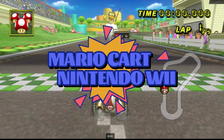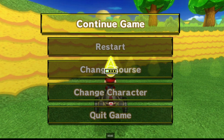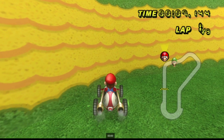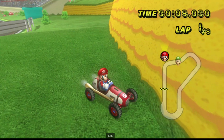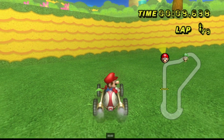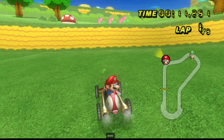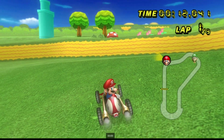Alright, let's see which one is gas. Which one is gas? Okay, so it needs remapping. But it was, or seemingly, running kind of normal. I mean, I didn't... Oh, am I turning now? It's running smooth. I mean...